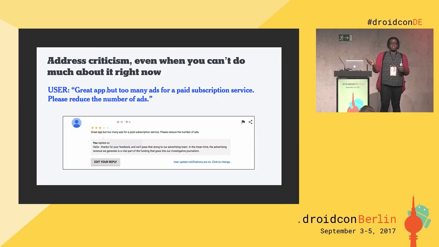And so rather than just leaving these sitting in the Play Store, we make a point to help readers know that, because a lot of people don't know that. They think, oh, you have our subscription revenue? Great, that's fine, that's enough. But for right now, for how all of our business models work, subscriptions are not enough. Advertising is important. So it's important for us to help our readers understand why they're seeing the experience that they're seeing. I'm not saying that for every problem that can't be fixed you should go and reply to it, but if you can find a palatable way to help your readers understand in under 350 characters why you're making this particular decision, you should attempt to.